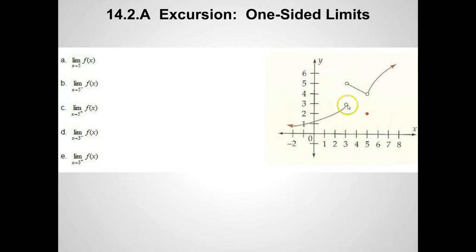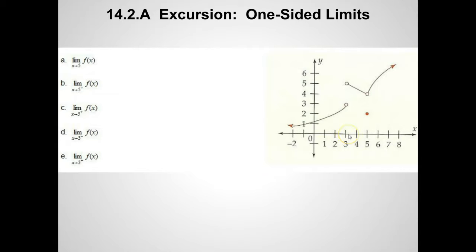the function is getting closer and closer to values that are equal to y equals 3. However, if you approach 3 from the right side, so you travel along here, and you're getting closer and closer to an x value of 3 from the right side, you can see that the values of the function are getting closer and closer to, I pause for effect, 5. So because those two values are not the same, we can't say that there's one specific number, one value of y that the function is getting closer and closer to arbitrarily as we get closer